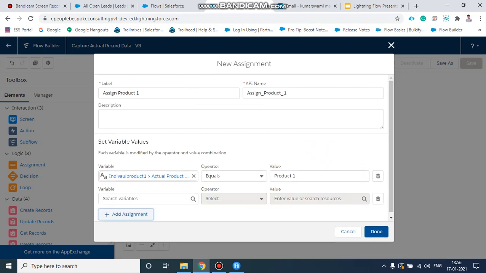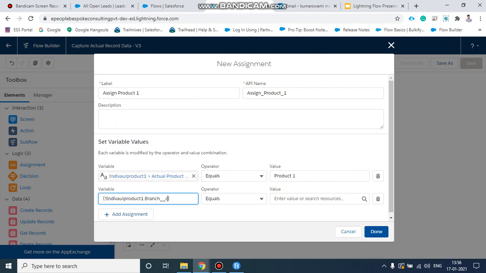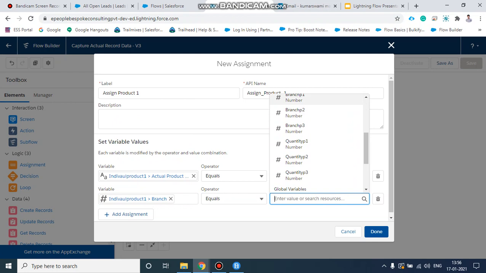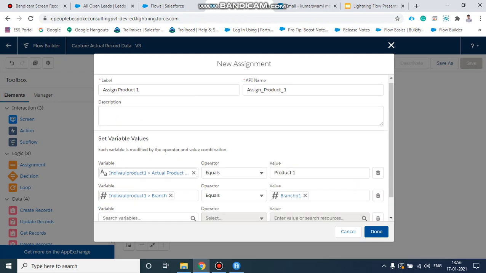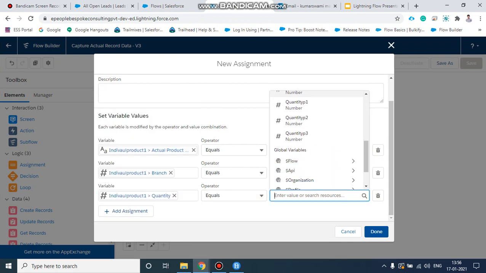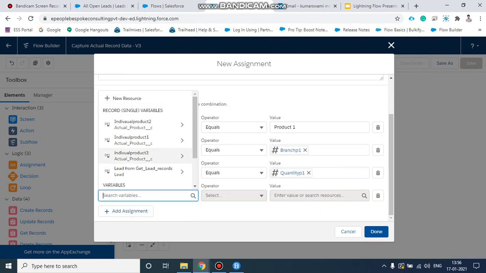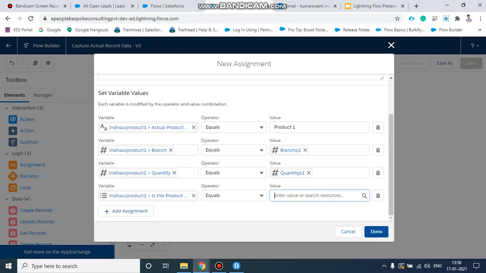Second, individual, we will select branch and take the branch of product 1, the component field. For quantity also we need to take a separate one. We need to map those things. Component fields should be mapped here, and one more for is this product available.